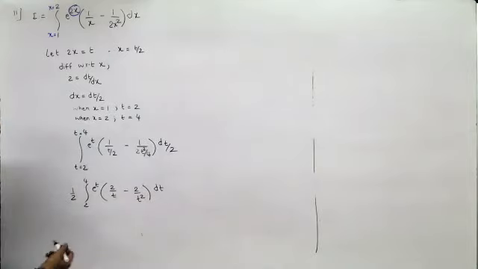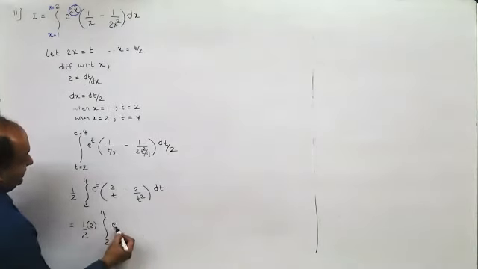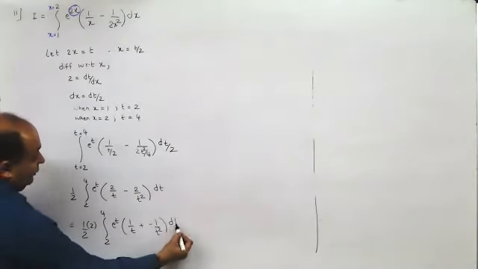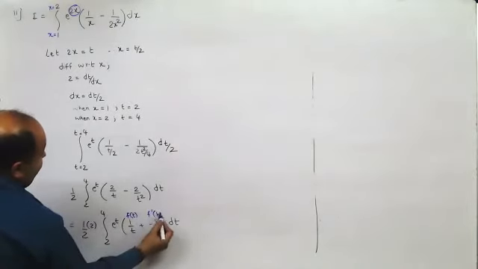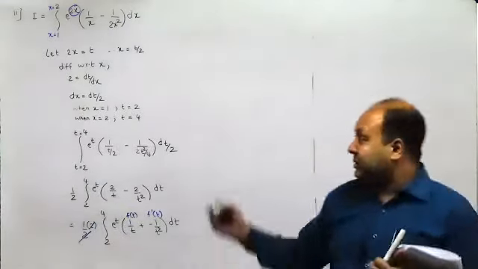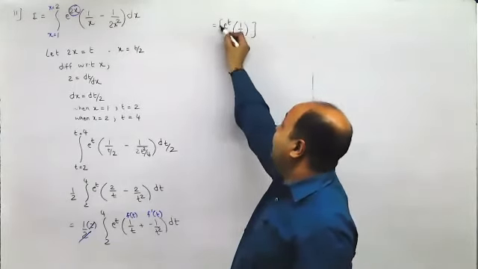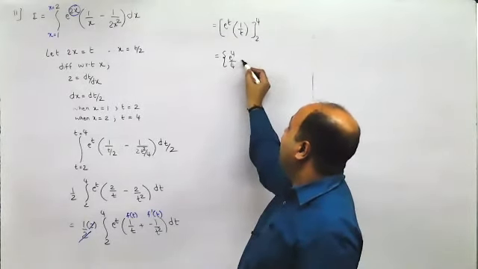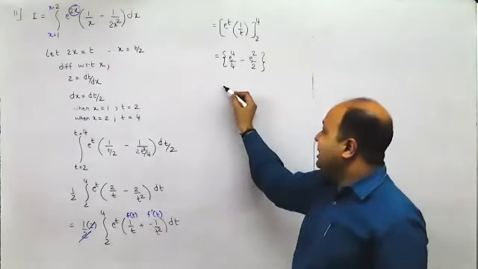Take half out. You can take even 2 out. So this would give you half into 2, and this would be 2 to 4. This is e raised to t into 1 by t, and here I'll write plus of minus 1 by t square. Now if you observe, this is function of t and this is its derivative. Now, here the answer would be e raised to t into 1 upon t between 2 and 4. When I substitute the upper limit, I'll get e raised to 4 upon 4 minus, when I substitute the lower limit, I get e square upon 2. So, this is the final answer.